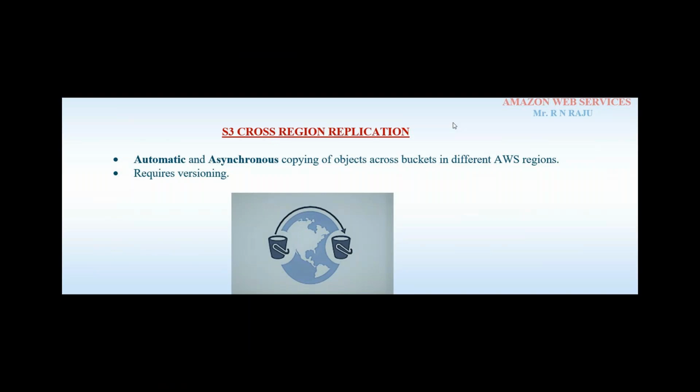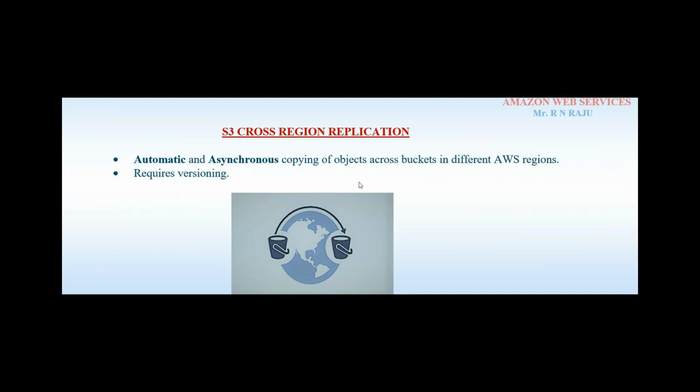When the developers upload objects in their bucket, those objects should replicate to the production bucket. How to do that? It is automatic and asynchronous copying of objects across buckets in different AWS regions. So how do objects replicate from one bucket to another bucket?